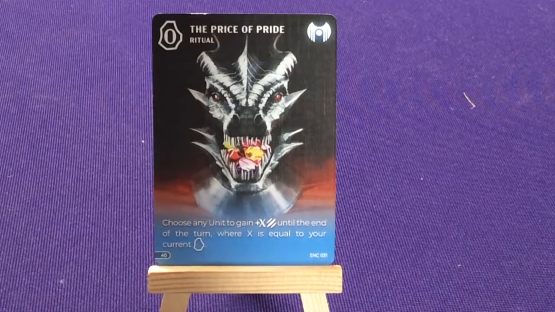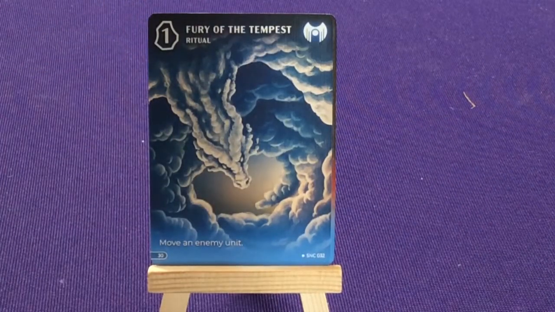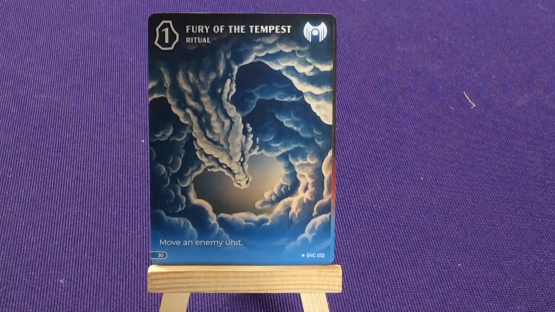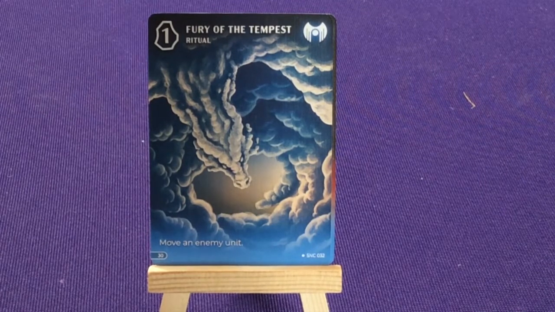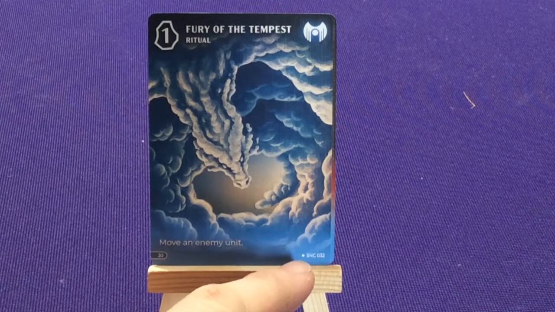So this one we have 2 rituals. Choose any unit to gain X attack until the end of the turn, where X is equal to your current energy. So it's kind of cool, getting an extra quick bonus. And then we get 1 more ritual, Fury of the Tempest, which just lets us move an extra enemy. This one here also has a little dot in the corner, which means it was a